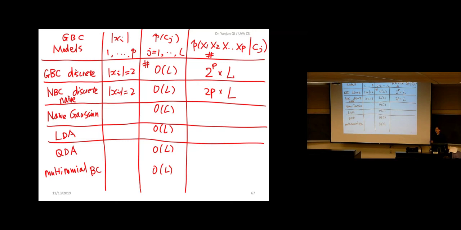All right. And then let's see the naive Gaussian case. I hope you still remember the Gaussian: it's a Gaussian distribution with mean mu1. And in the naive case, we are assuming the covariance matrix sigma is a diagonal matrix, right? Then how many parameters do I need to estimate in this case, naive Gaussian? For each class, I need to estimate mu, which is p parameters, right? The size of the mean vector is p. And then the size of the diagonal matrix: this matrix is p times p, and this vector is p times 1. Because it's a diagonal matrix, that makes the number of parameters we need to estimate in the naive case